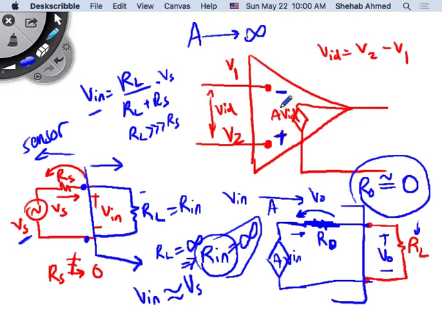What's another interesting thing about the amplifier is that it measures the difference, so the output is equal to A times V2 minus V1, right? That is a characteristic of the amplifier. So if that is the case, and I do something like this,